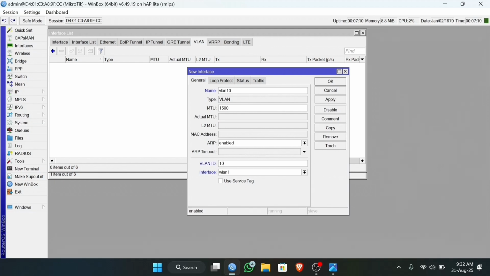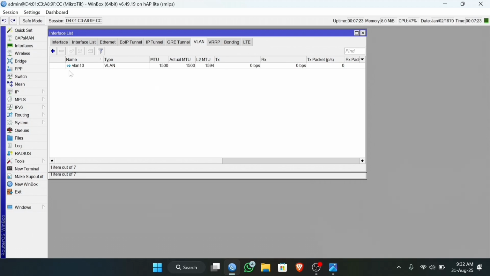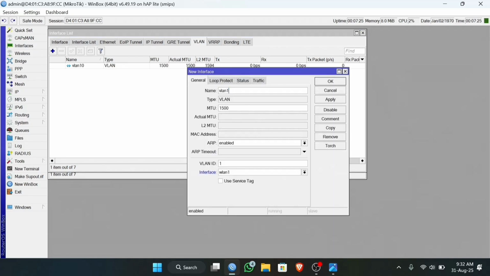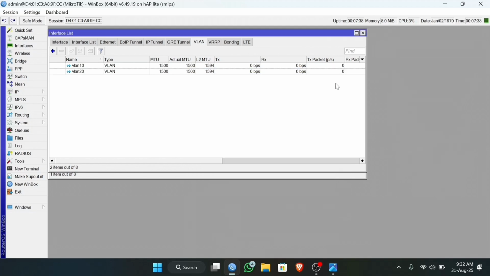I will fill the VLAN ID 10, and for the interface I will use Ethernet 2 as the trunk port. Then click OK, and we make it again for VLAN 20. For the VLAN ID we fill in 20, and for the trunk port we use Ethernet 2. Then click OK.